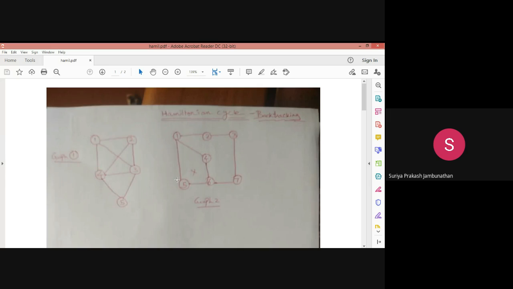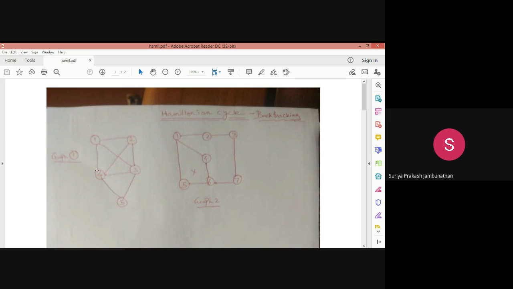Okay. So let's see, these are the examples I want to show you. In these examples, we will discuss now which graphs will be considered a Hamiltonian cycle and which graphs will not. So let's see this first graph, graph one. Here we have the first vertex, and from the first vertex we can move to the second vertex. From the second vertex, we can move to the third vertex. From the third vertex, we can go to the fourth vertex, or we can go to the fifth vertex.